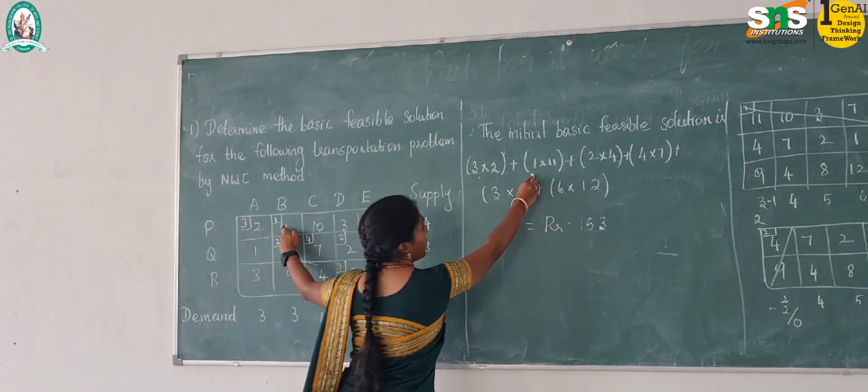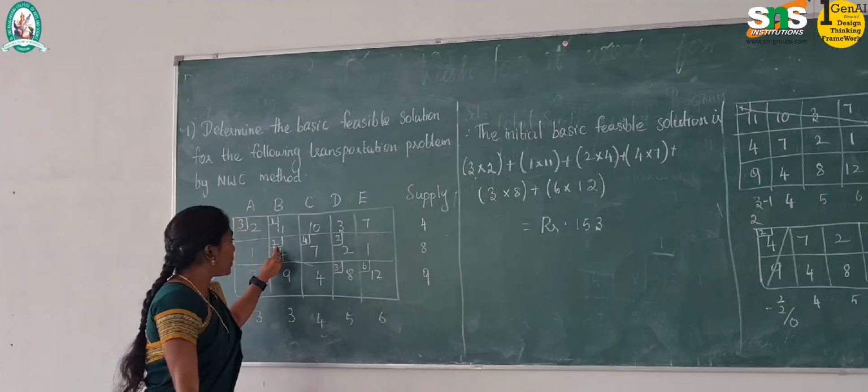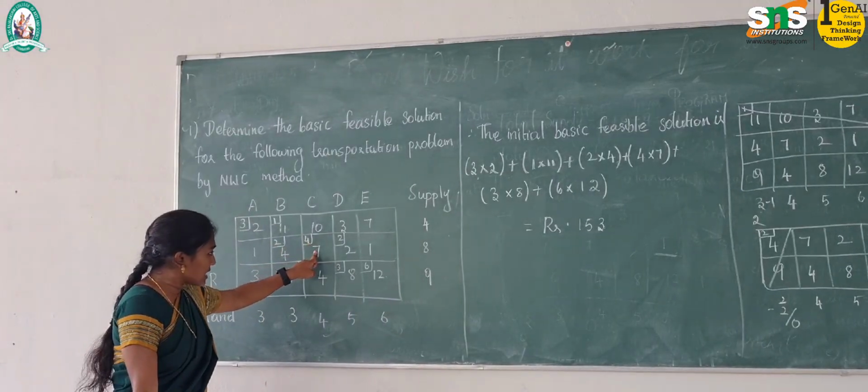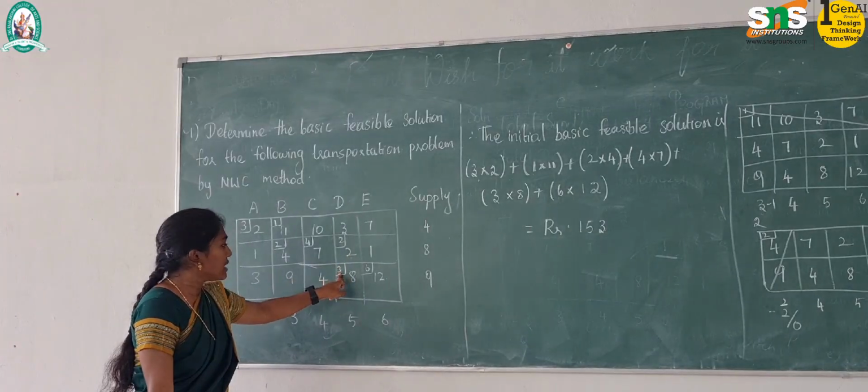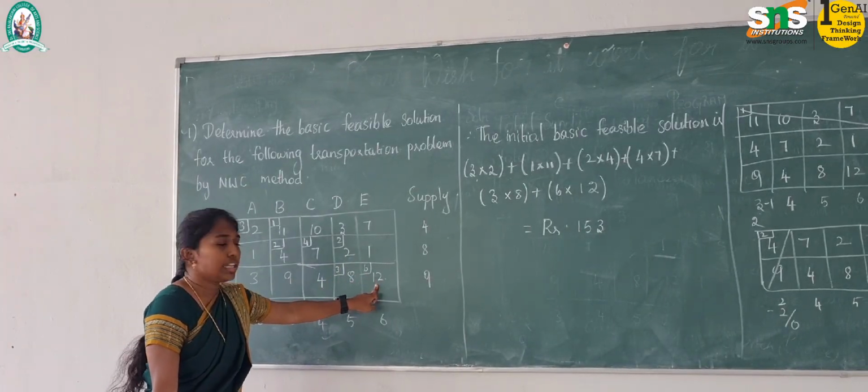So here I am writing 1 into 11. And the next allocated will be 2 into 4 and the next 4 into 7 plus 2 into 2 plus 3 into 8 plus 6 into 12. Like this we are going to